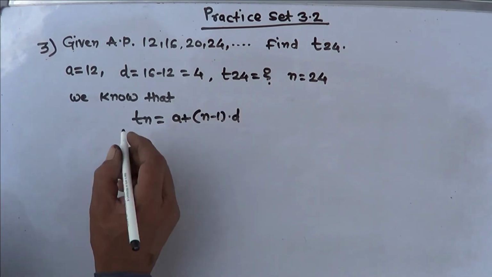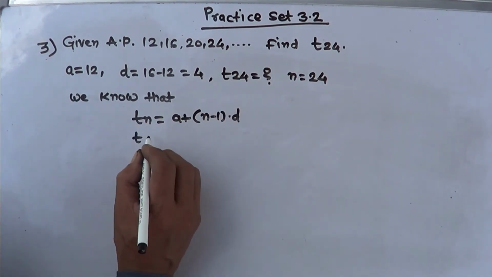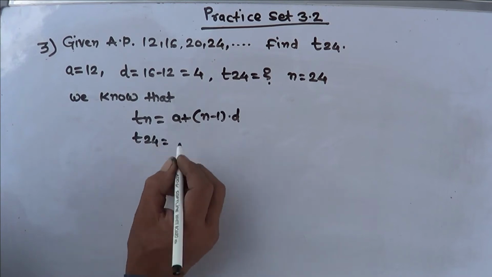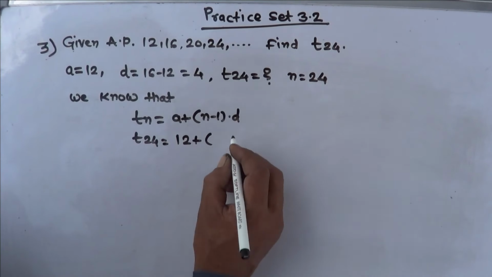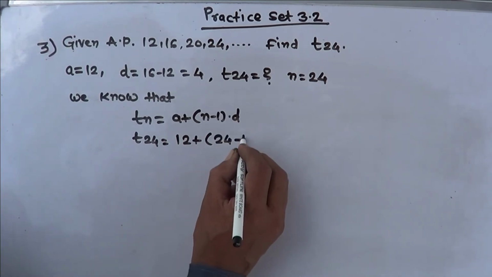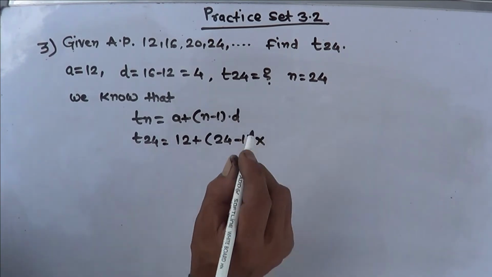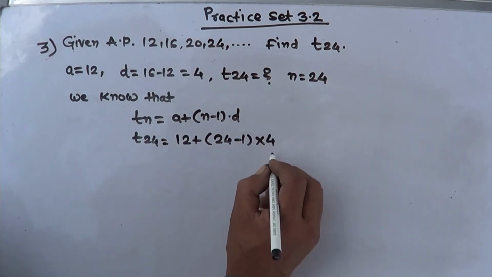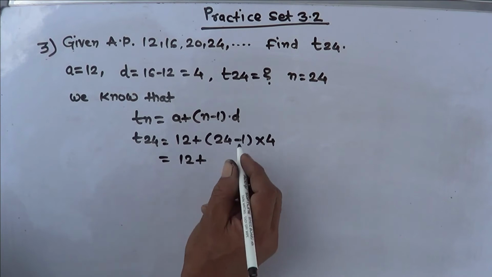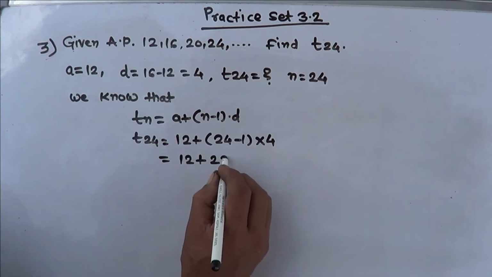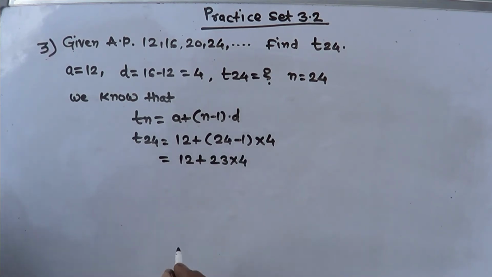Put the values. So Tn, that is T24, will be equal to a, that is 12, plus our n is 24 minus 1 into the value of d. D is equal to 4. So this will be equal to 12 plus 24 minus 1, that is 23 into 4, and this will be